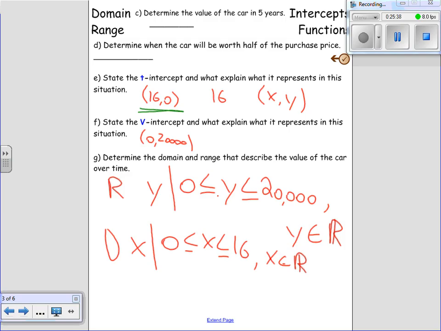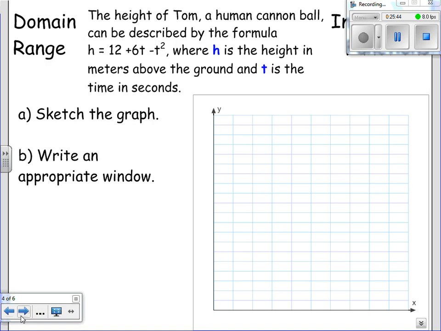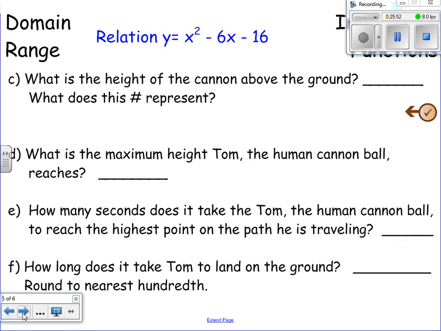Okay, I want you to go back to your notes if you're struggling and do that question again. So that next one on your paper, we're not going to do it as a group. Instead, what we're going to do